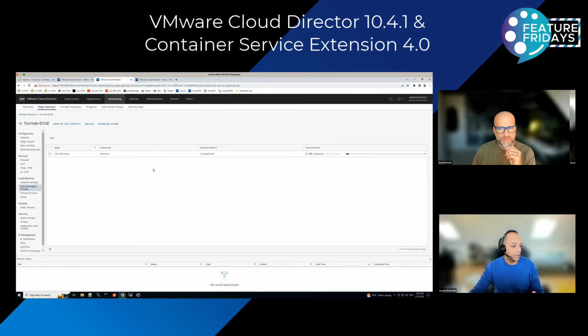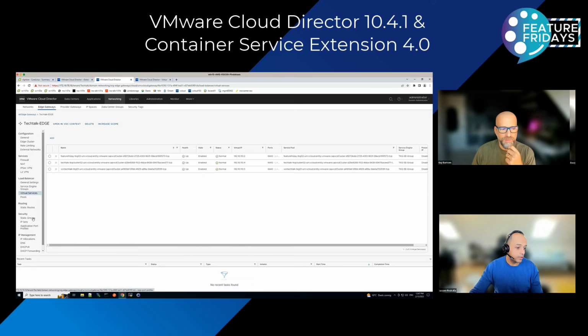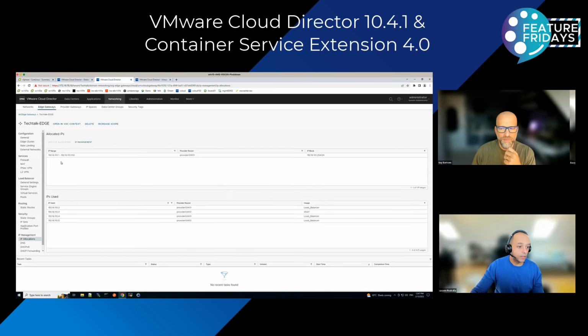So the 192.16.110, if you go to the IP allocation, is 192.16.110. Yeah. So I have a pool of 100 IPs, and this is where the AVI will be spinning up virtual service IPs or assigning virtual service IPs from.